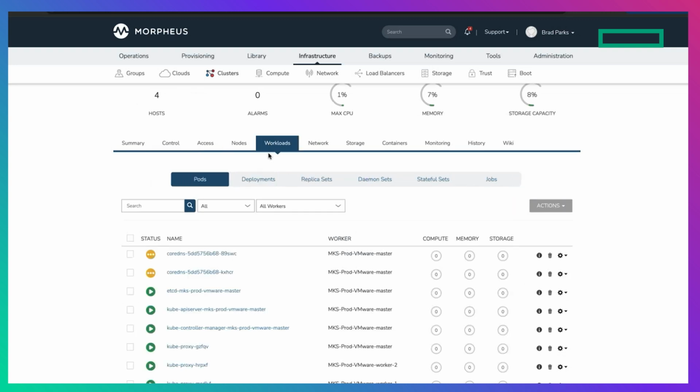I get information on the containers running on my Kubernetes cluster, daemon sets, stateful sets, any jobs that are running, network, storage, all of the operational data that I, as an administrator, might want to quickly and easily manage my Kubernetes cluster, even if I don't want to dig into the command line and into the guts of Kubernetes. I get a lot of that information at my fingertips.